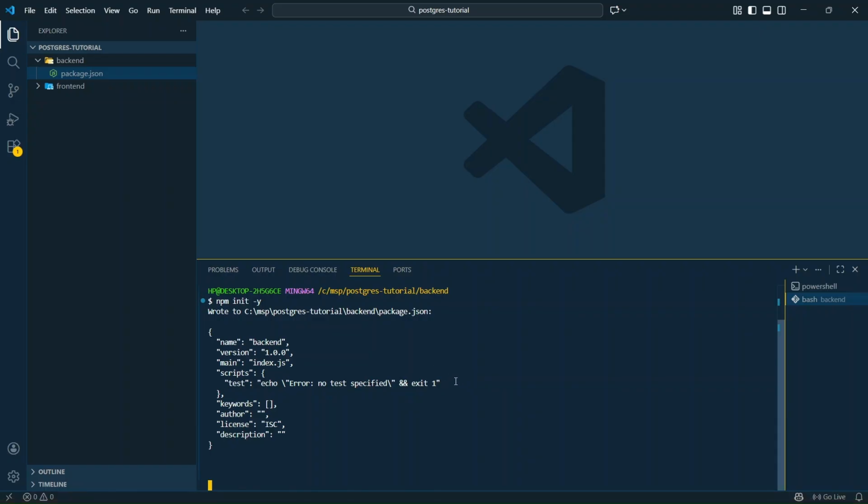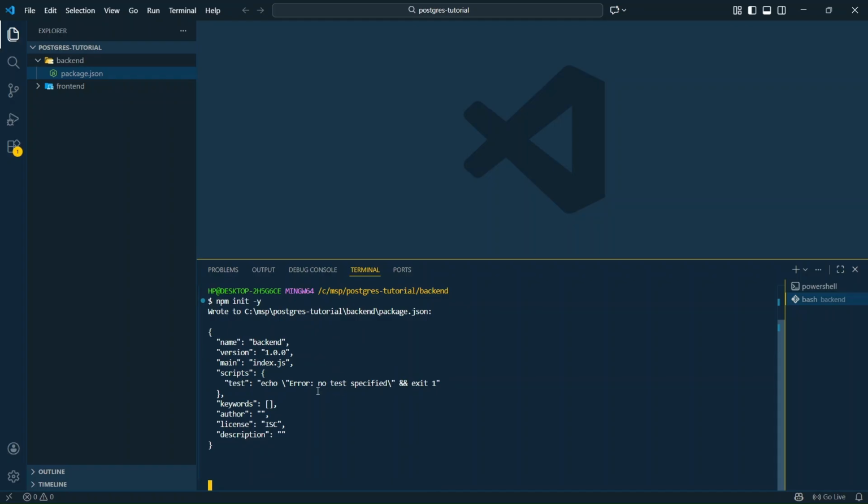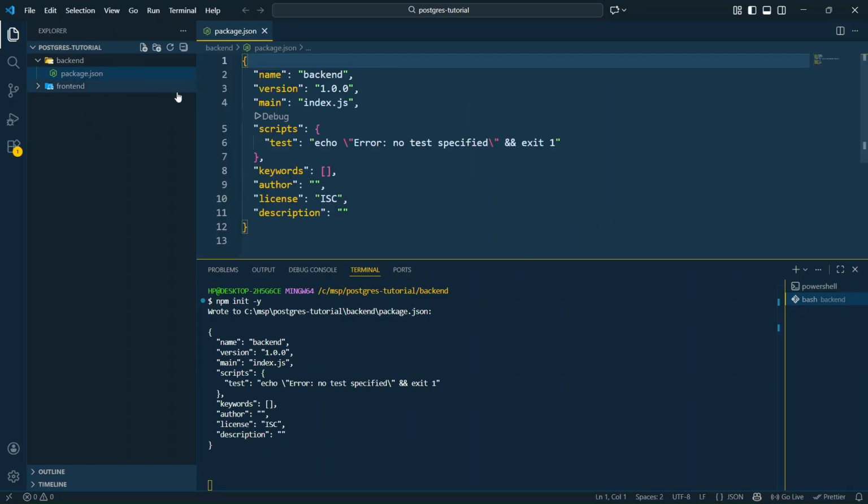Okay, so the initialization has been completed, and you can see inside the backend folder, when I click in the folder, I have the package.json, and this is just a basic JSON file, which we have the name as the backend, and the version is that one. We have the index.js, which we have not created yet, but no problem, you should not worry about this. These are just default